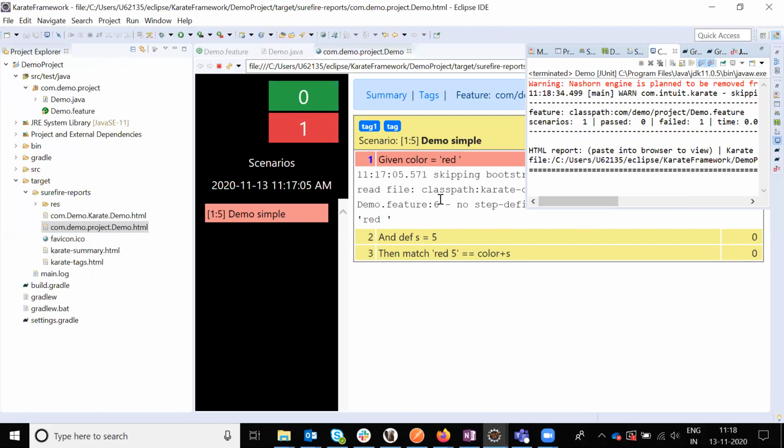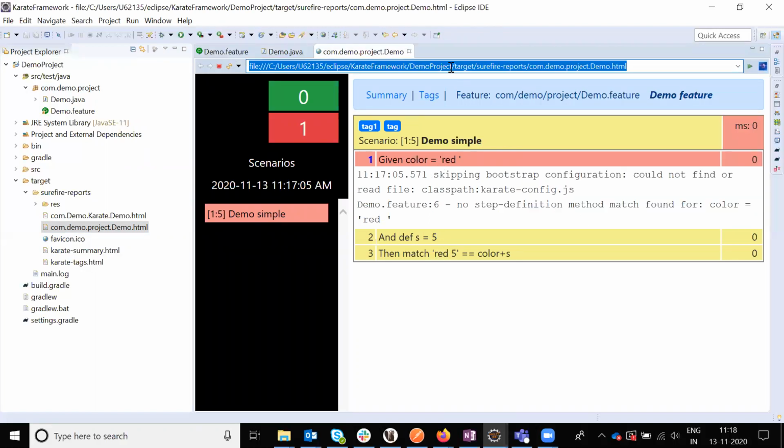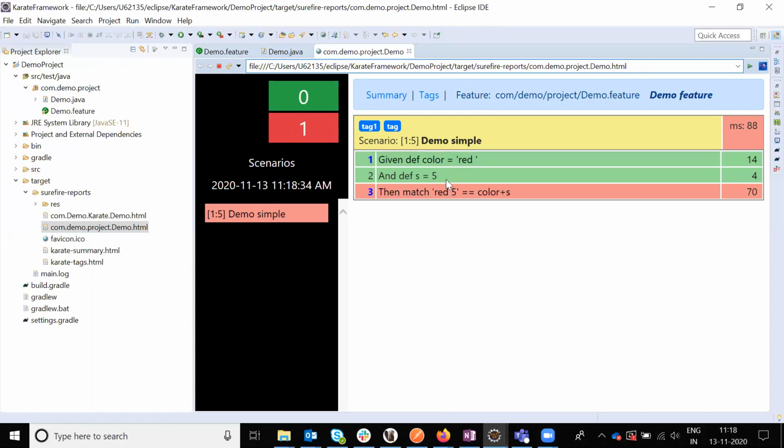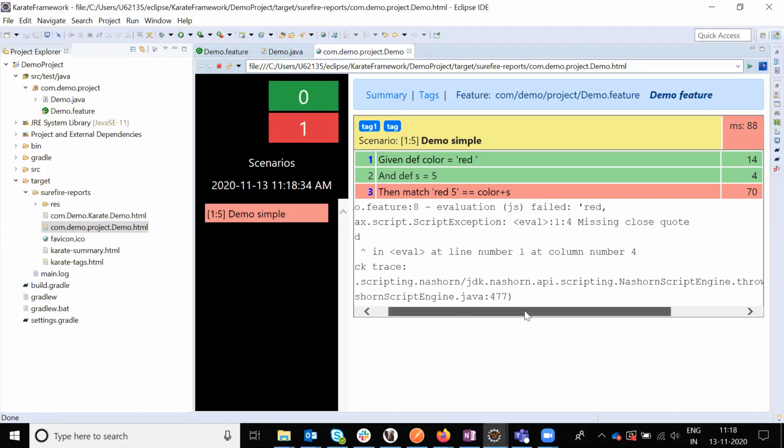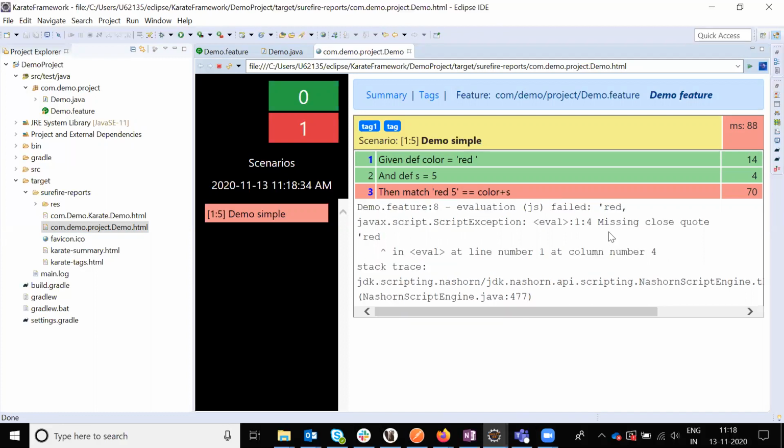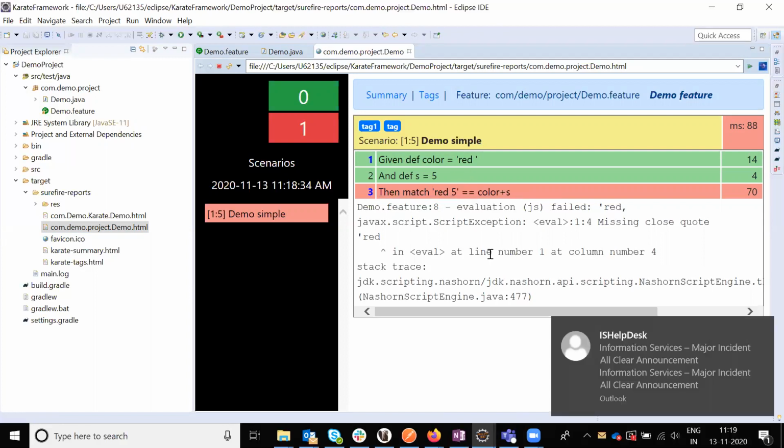We need to refresh and check. Now it is coming here, missing colons. In the hyphen red place some comma is missing.